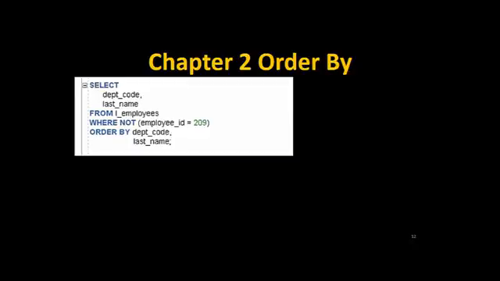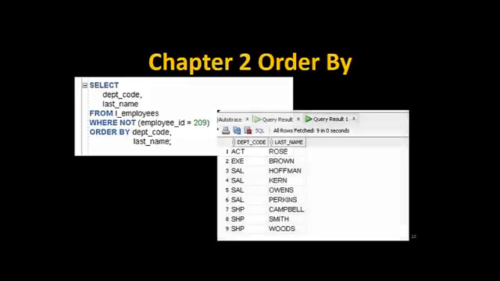So, when we run this query, here's what we get. We order by the department code, and then we order by the people in the department. So accounting is only rows, executive is